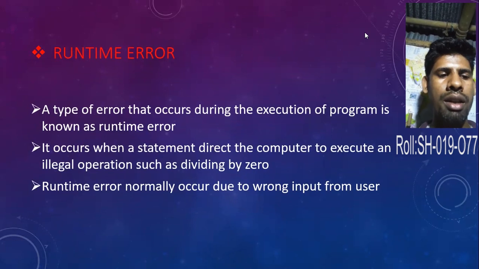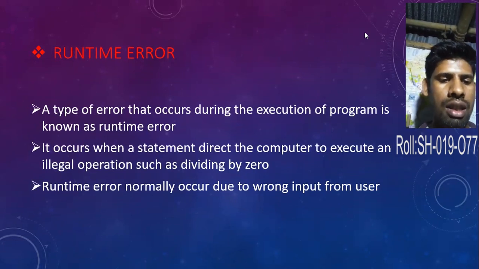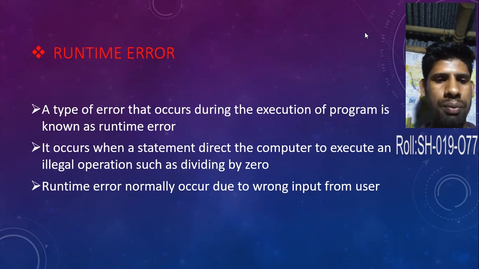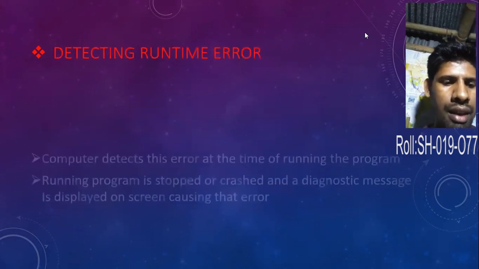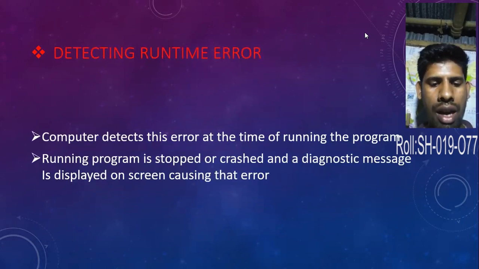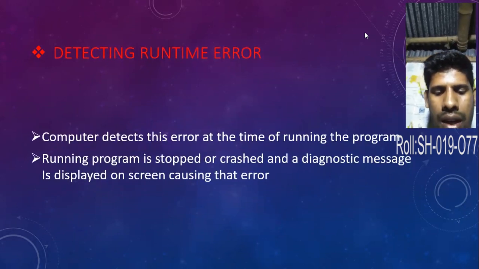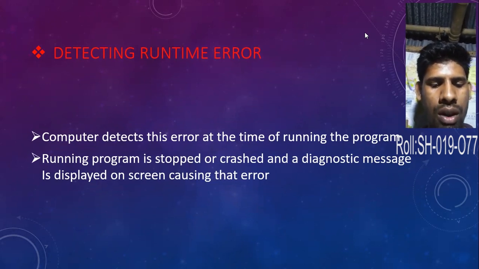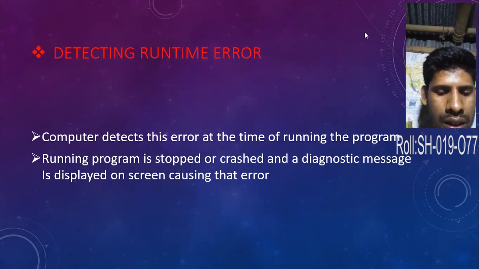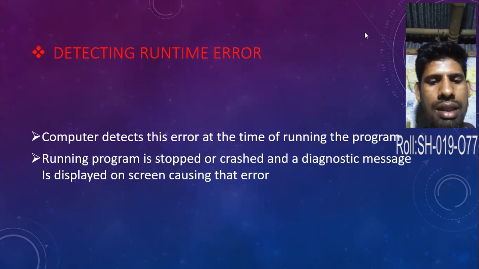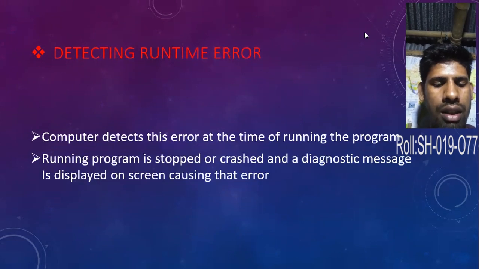Runtime errors normally occur due to wrong input from the user. Detecting runtime error: the computer detects this error at the time of running the program. The running program is stopped or crashed and a diagnostic message is displayed on screen describing that error.